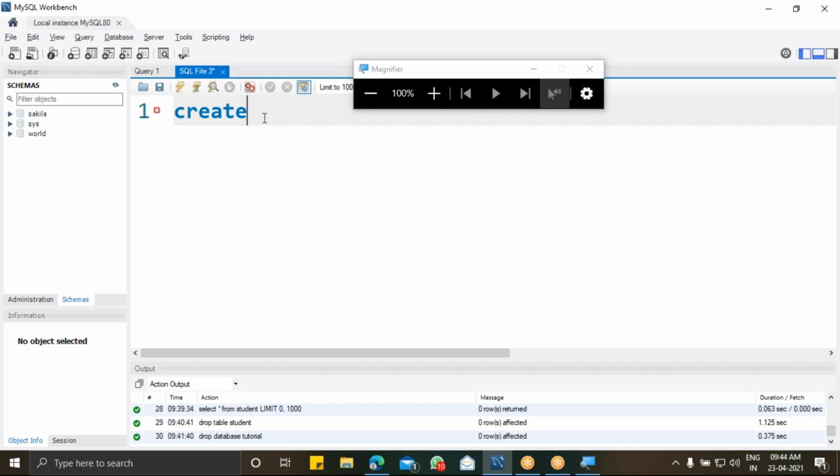Is my text clear? Is my text visible? Yes, super. So we are going to create a database. So database, create database. Now I'm going to create a database with a different database name.